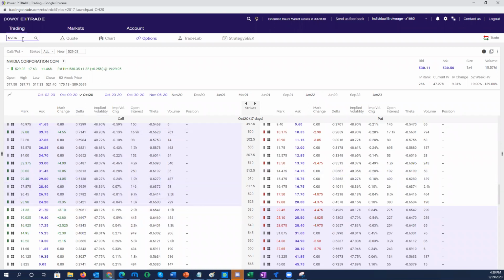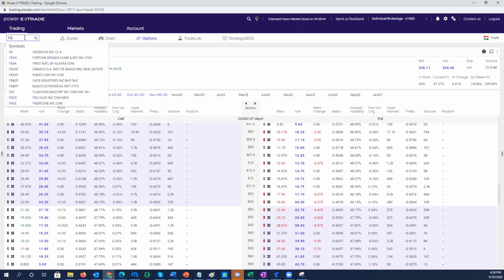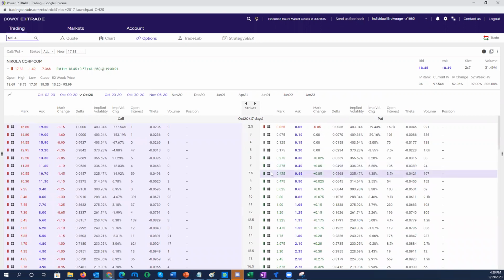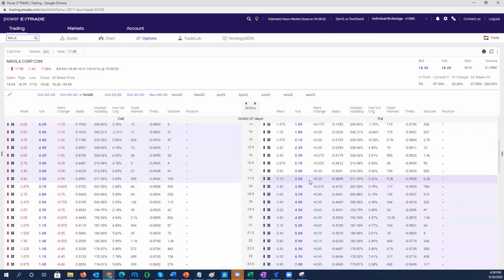Now suppose you are seeing which one is going down today? I don't know, NKLA. Okay, suppose NKLA, a good name nowadays, right? So it is going down. If you are thinking it is going down, right now it is $18, 17.9. So you buy a 17 strike put, okay? Or maybe a 17 point strike put, you pay a little bit, or maybe you buy a little inner. You can buy any contract options here, any strike price here.